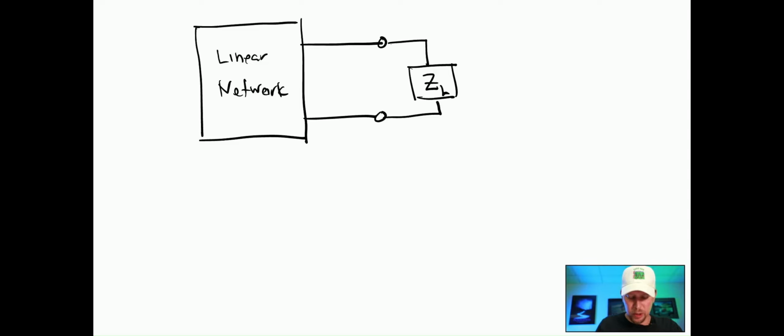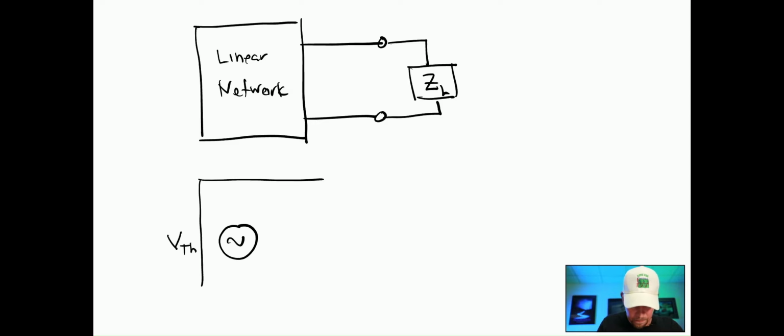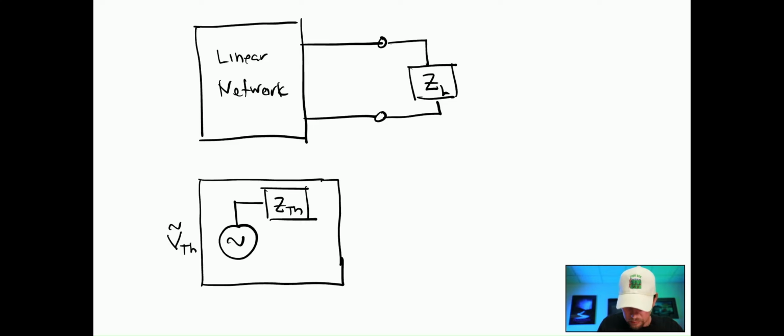Now, this linear network that's undergoing sinusoidal steady state, we can actually replace with its Thevenin equivalent. So here, its Thevenin equivalent is going to consist of a Thevenin voltage source and some sort of Thevenin impedance like this, to which we're actually connecting